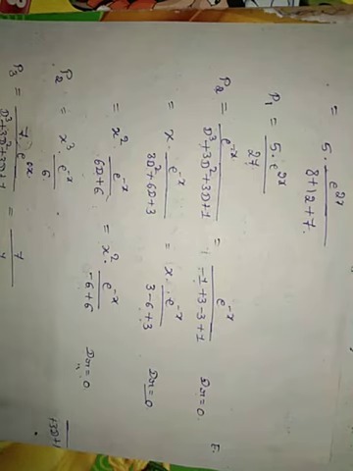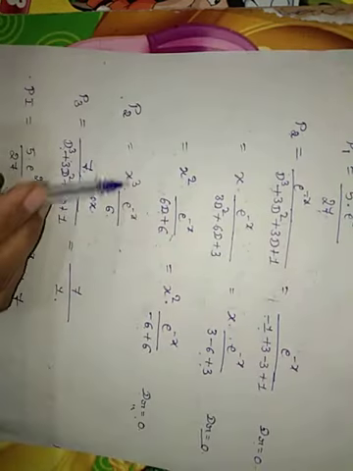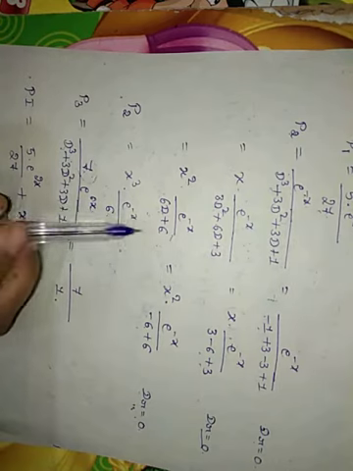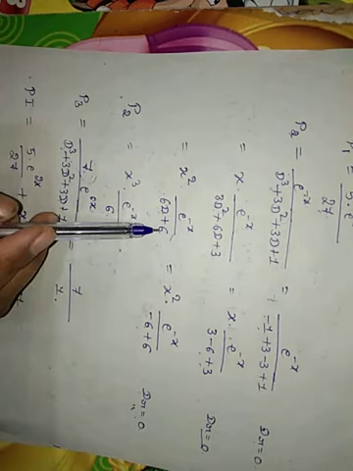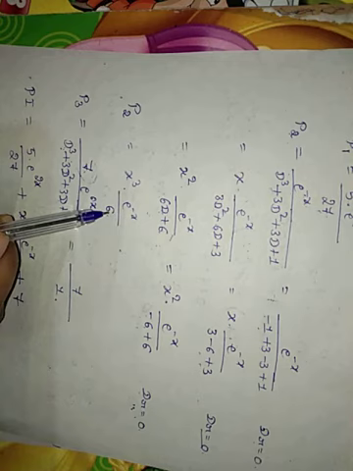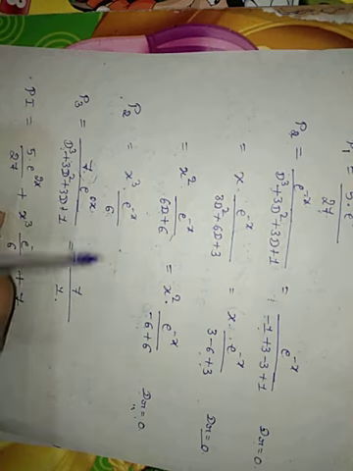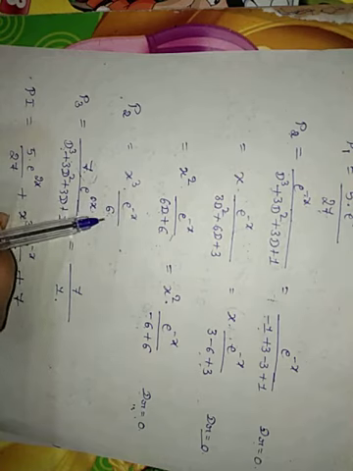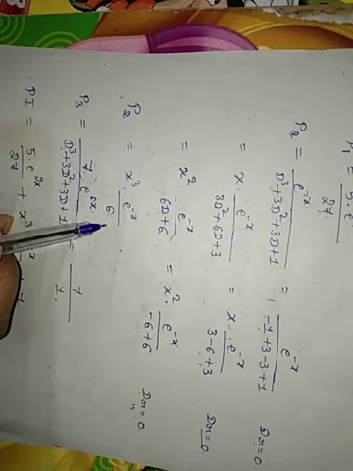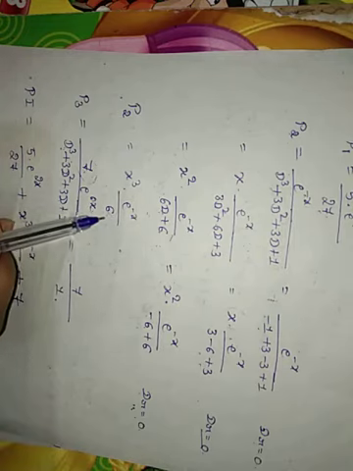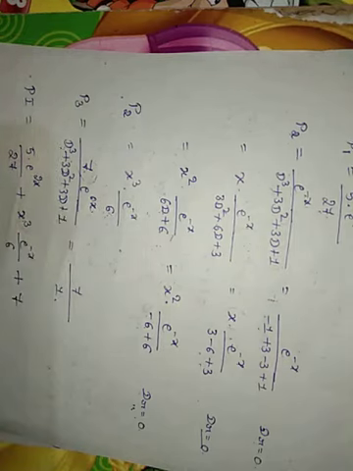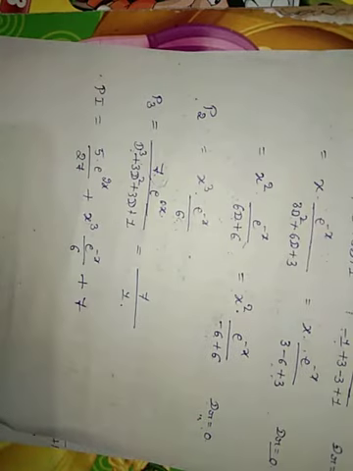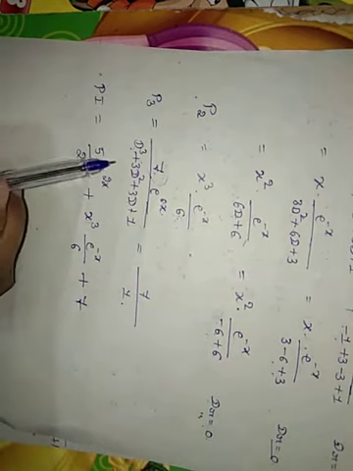So the next procedure is x cube into e raised to minus x divided by the third derivative of f of D. So the third derivative of f of D is 6. So the procedure is not continued because there is no D in the denominator. So our procedure stops here. So x cube into e raised to minus x divided by 6 is our second integral term, the second part of the integral.